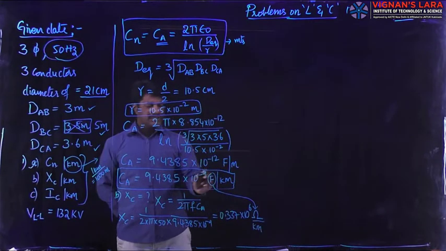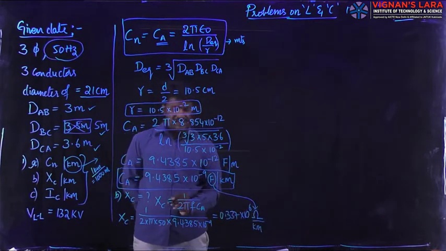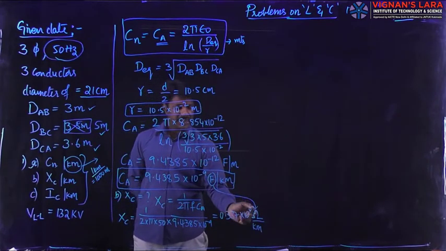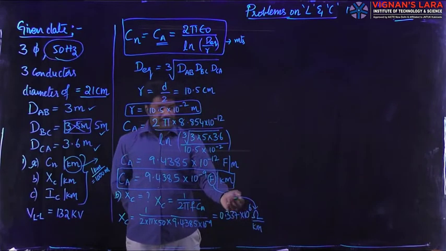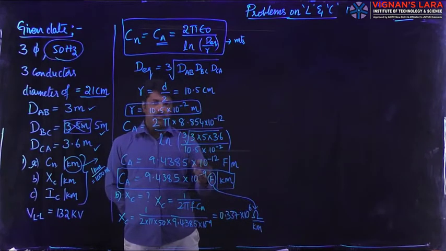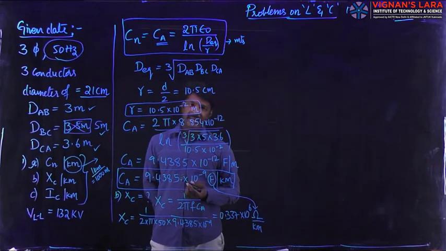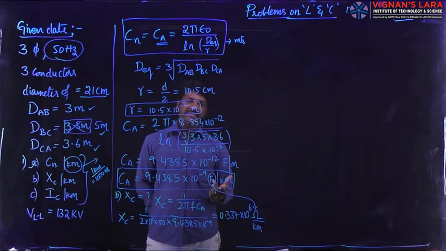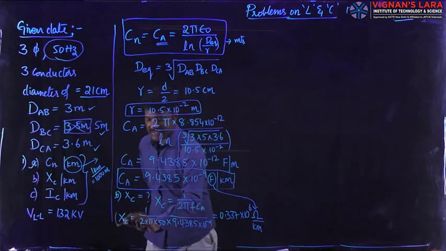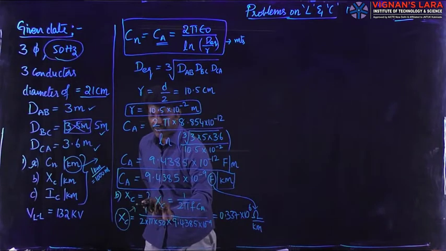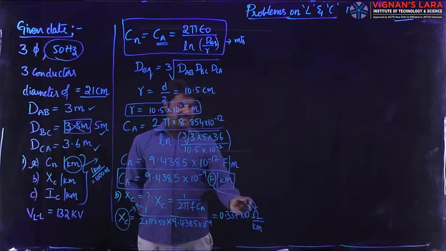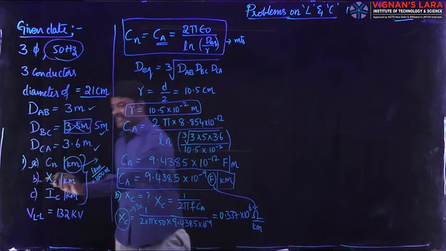The necessity of converting farads to ohmic value is to estimate the entire admittance. Once you get the magnitude in ohms, if you take the reciprocal, you will get the mho value, which is called Siemens, and which will be helpful for estimating our admittance Y, which is equal to G plus j BC. So this XC will be helpful for finding the value of BC. That is why capacitance in farads is converted into ohmic value in our second bit.